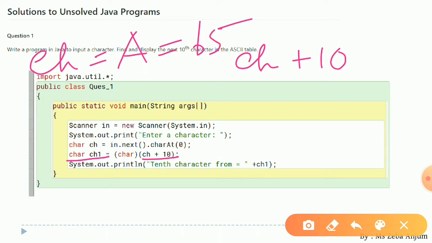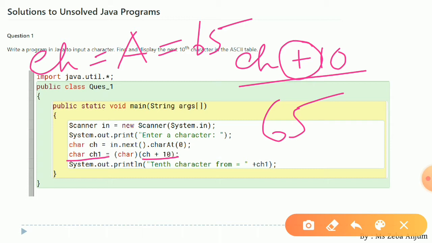So now in this line, when we are using this plus operator, this ch is not using capital A. Instead, it is using 65. Why? Because we are performing some kind of arithmetic operation on it. When it senses an arithmetic operation, it automatically converts itself into the numerical quantity.